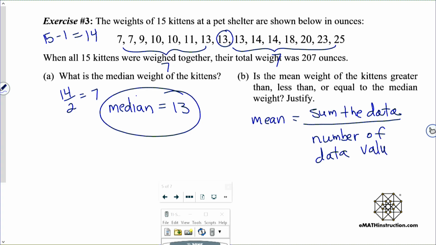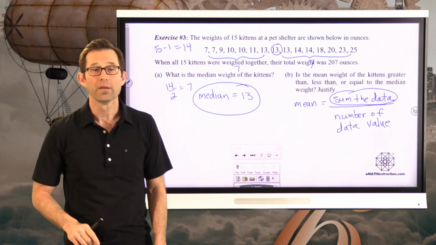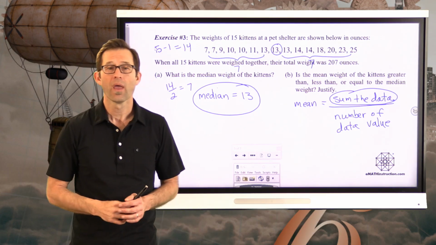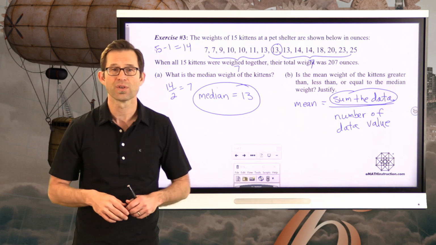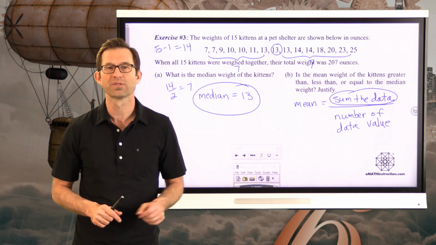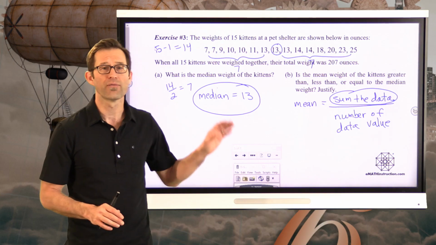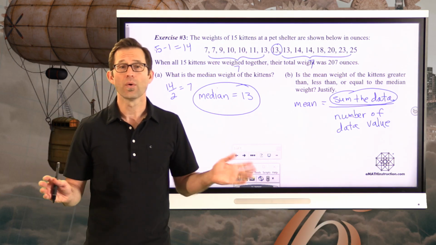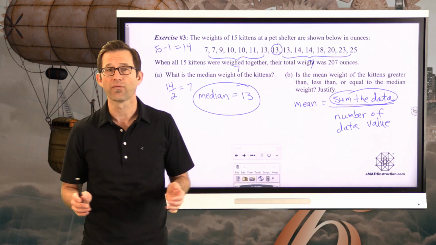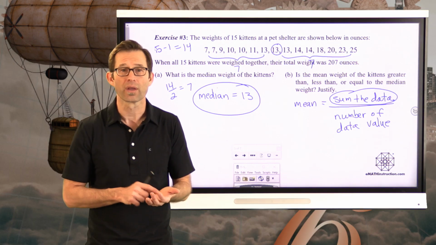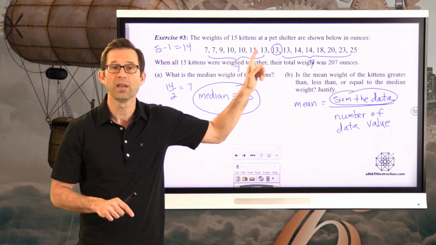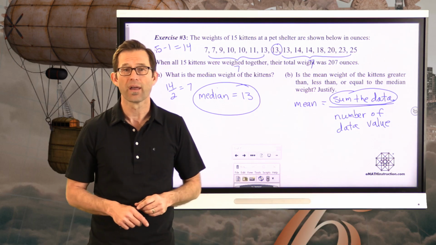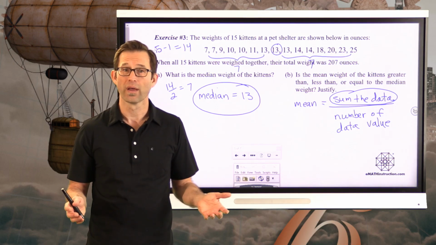Now, this part of this formula, sum the data, you have to be exceptionally careful with. And for real statistics work, when you have 100 data values, 200 data values, 1,000 data values, whatever they are, you never do those sums by hand. You don't even do them on a calculator because, quite frankly, the possibility of entering a number wrong or missing a number, especially when you have numbers that repeat each other, is quite large.